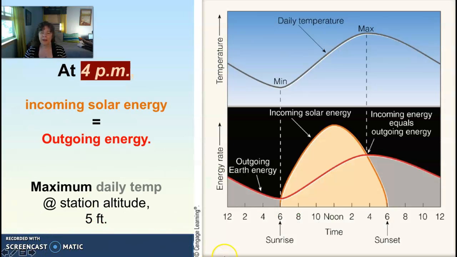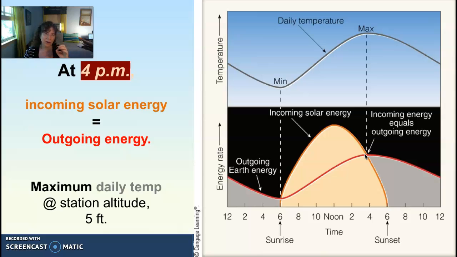At 4 p.m., let's move out to here. At 4 p.m., something really interesting happens. The curve for incoming solar absorption meets the curve for outgoing solar emission. And at this point right here, you'll notice that it's the maximum temperature for the day. In other words, you've accumulated so much absorption that you are at a place now where you are meeting the